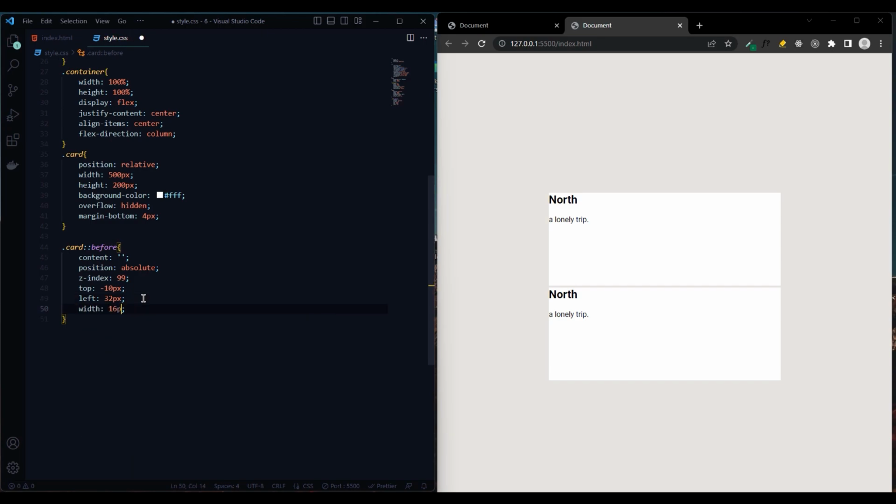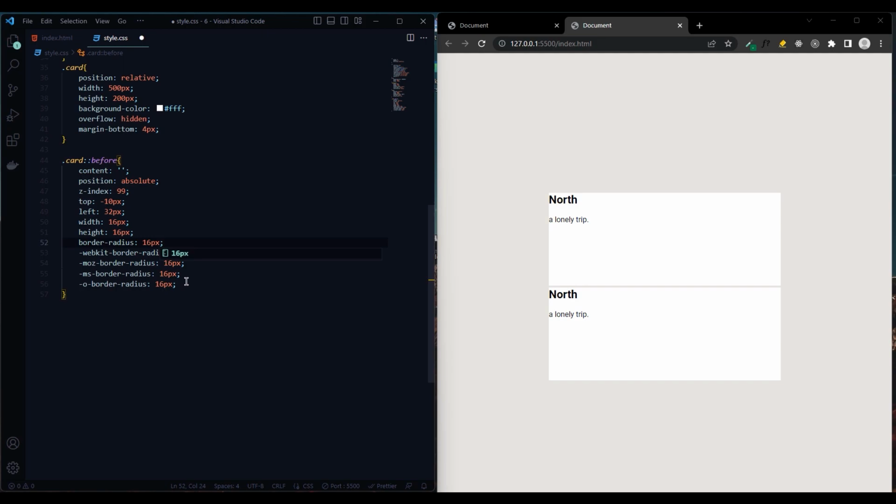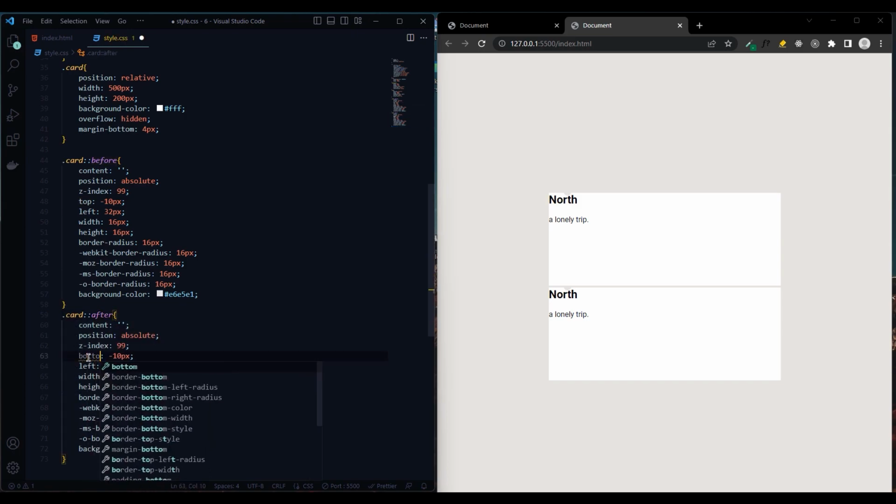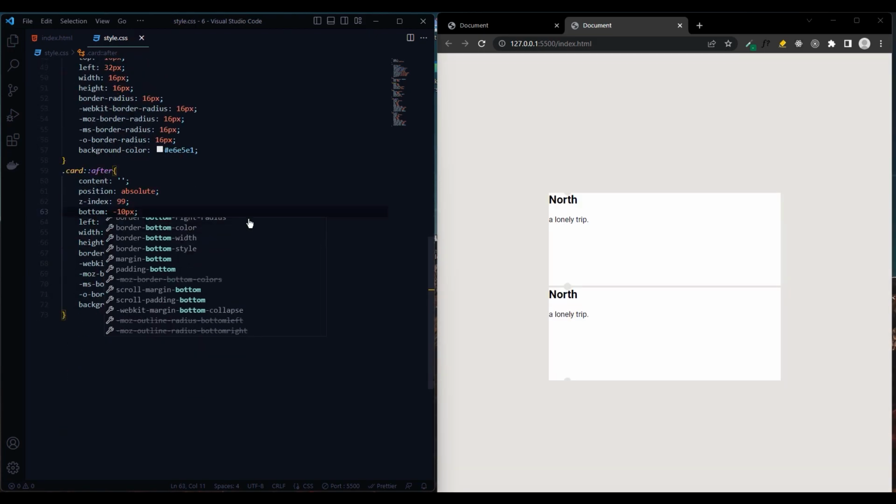And width 16 pixel, height 16 pixel, border radius 16 pixel. And background color. And after that, now let's do the same for card after, but this time it will be minus 10 pixels